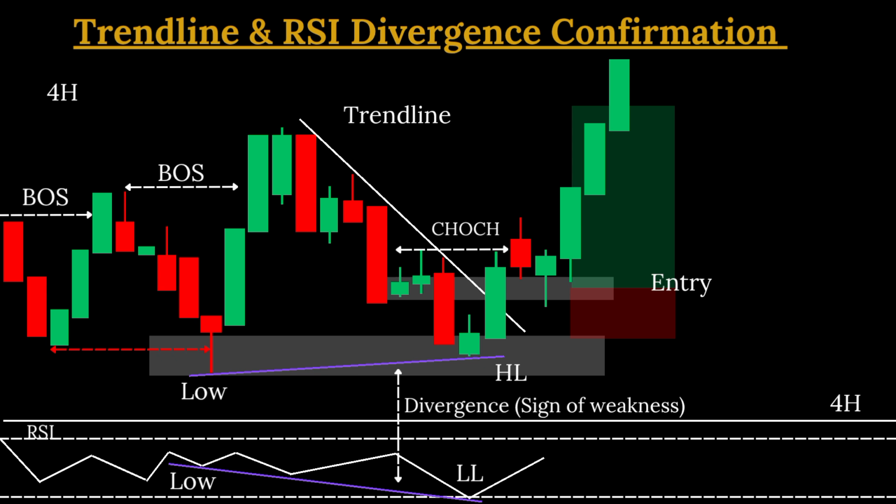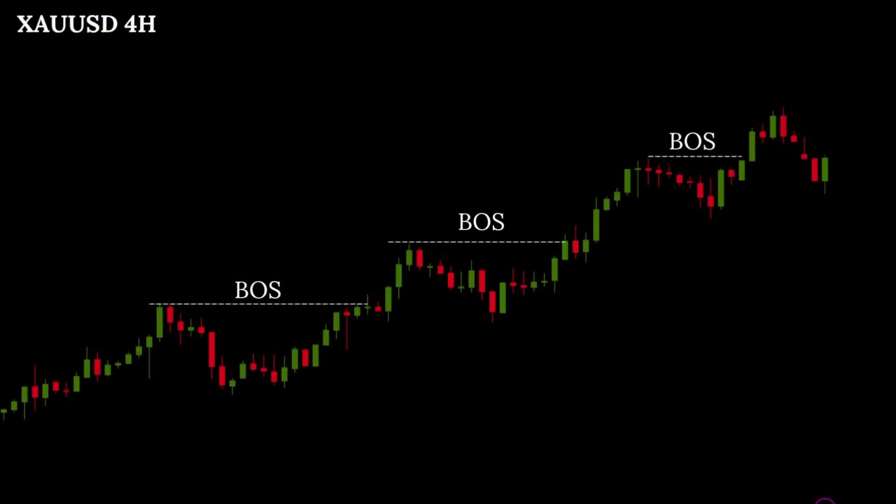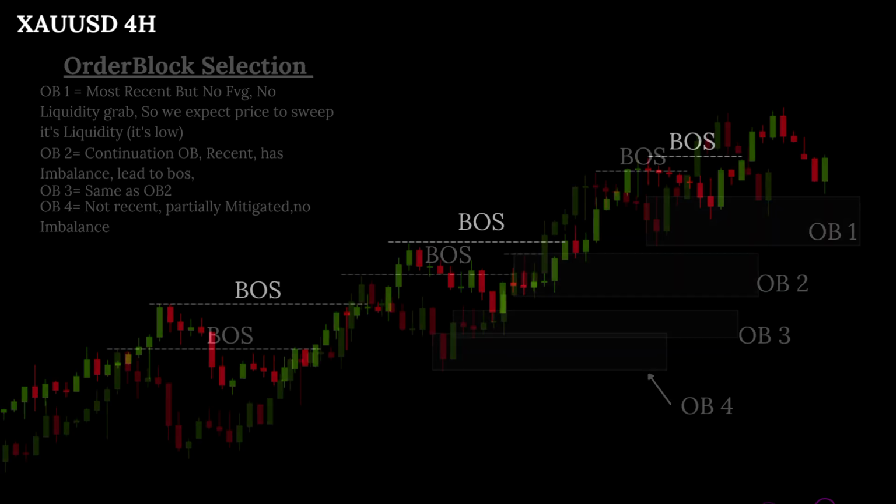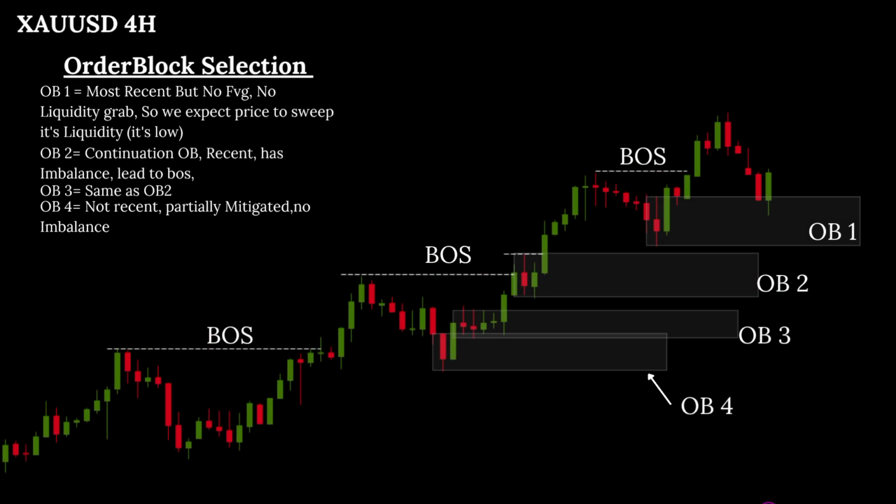Moving on, let's apply some of these concepts on a live chart for deeper understanding. Here, on the gold USD 4-hour time frame, the market is in a clear uptrend, forming higher highs and higher lows. Following our order block identification method, we mark out key bullish order blocks, which are represented by the last bearish candle before a bullish move that led to a break of structure, and because the market is bullish, we're only looking for buying opportunities. So we have identified 4 order blocks, but we must apply our 4 rules for high probability zones, which are